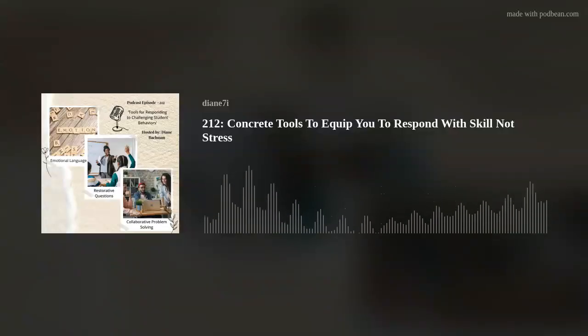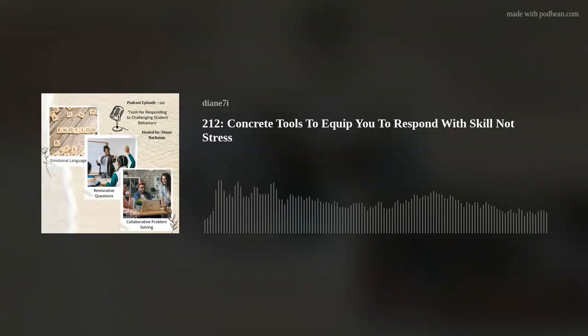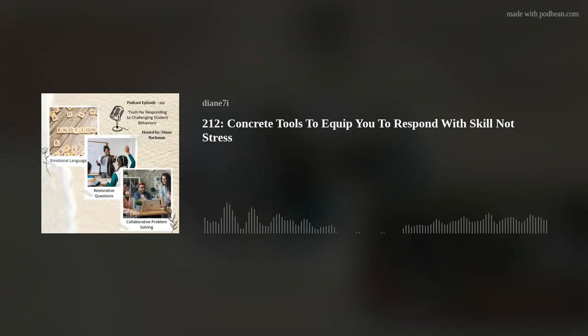Some other ways we've used, it comes back to fidgets. Sometimes it's a visual on their desk. One student used to blurt out all the time. And so we finally put a visual on his desk that showed no blurting. And so we would point to that and be like, hey, remember,